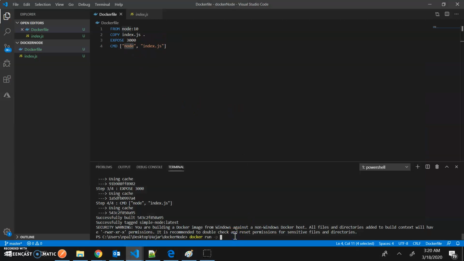So I will say minus p for mapping: I will be listening on 9000, let's say, on my local computer. But the Docker, where your program is listening, I already know, it's exposed on port 3000. So do that, and then